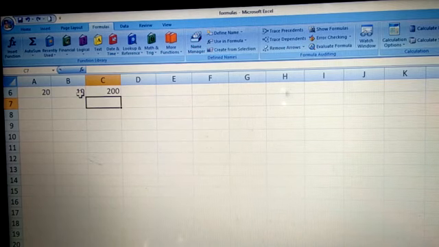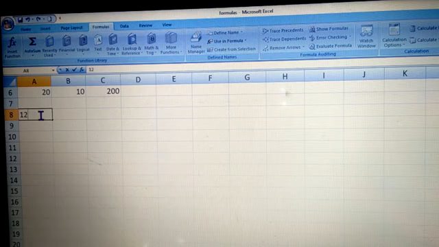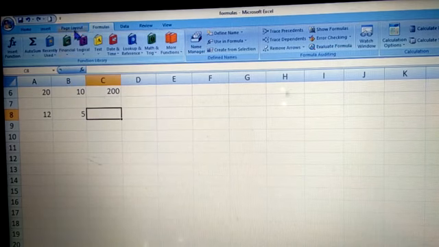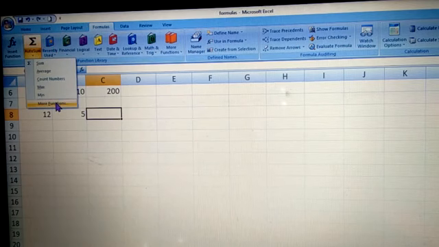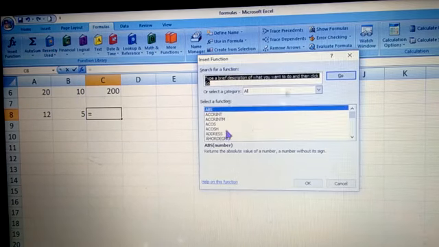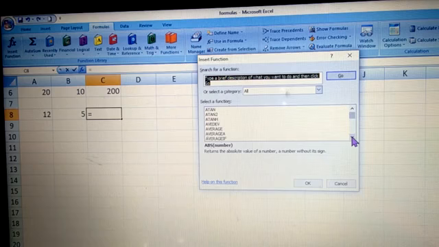And you'll get the product of it. Another method is, let's say the number is 12, and this number is 5. If I want the product from the Formulas tab, you will go to AutoSum, More Functions, and here you will find product. Whichever function you need to find, you can either type it here or search from here, like product.